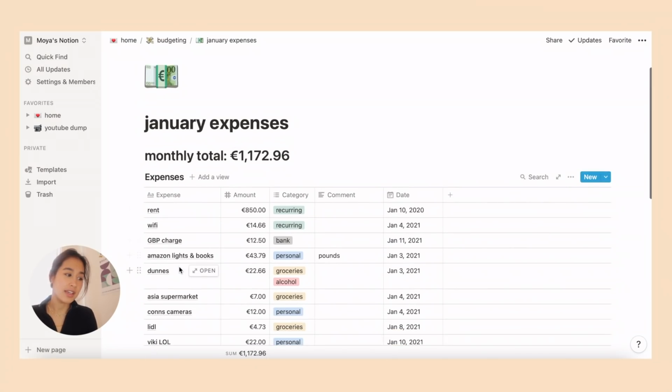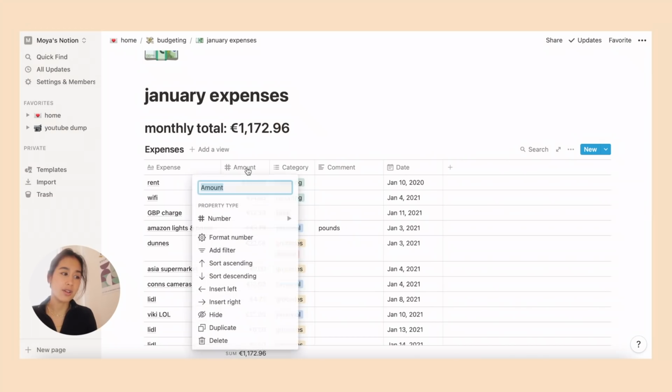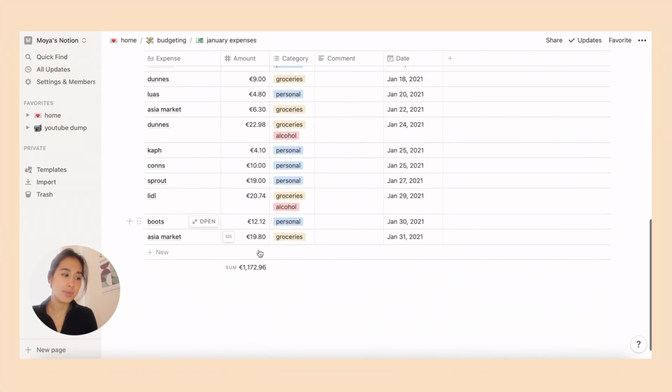I wrote in everything that I was spending, the amount. I have these different categories. So I have recurring if it's like rent or utilities. I have work, personal, groceries, bank, alcohol. Whenever you do an amount column, it immediately adds it up at the bottom, so it has the sum of